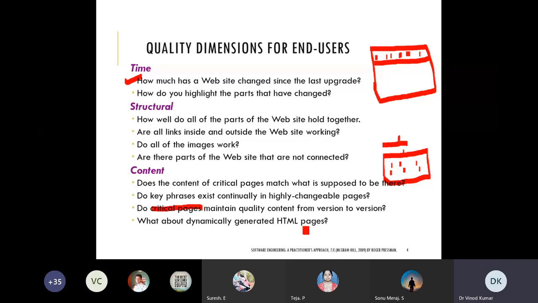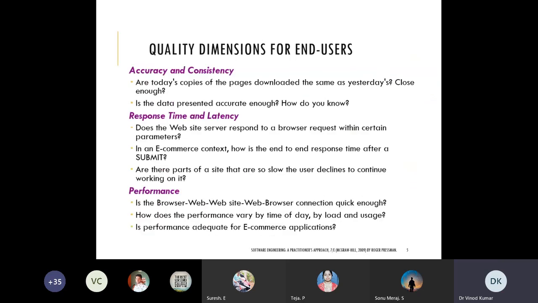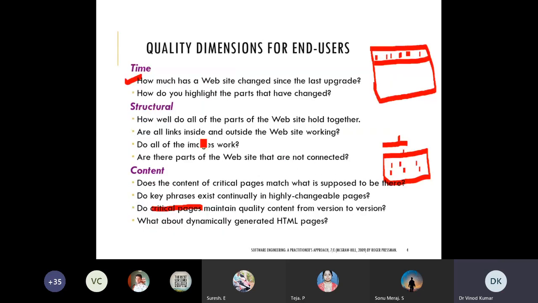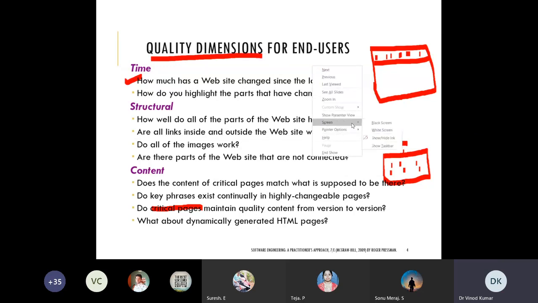In a news environment, for example, they are changing dynamically and frequently. How are you managing those things? So these three points are important from the end user dimension, the quality dimensions we need to maintain, from the user's point of view.